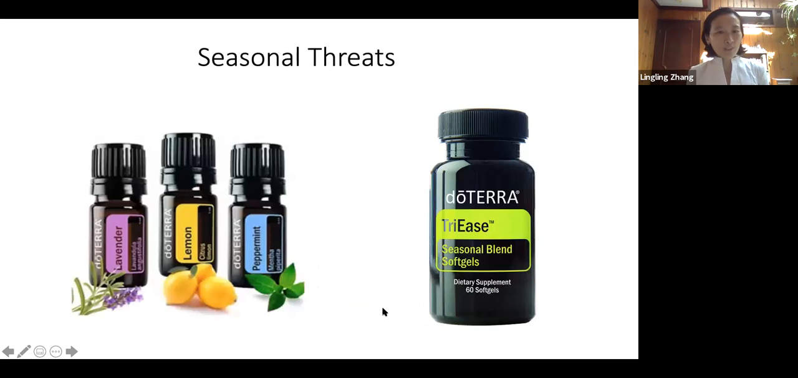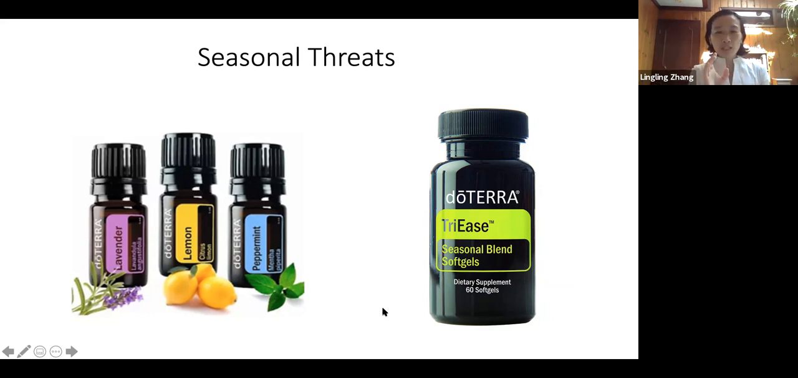And other oils: lemon, lavender, peppermint. These three are the most common essential oils, like the most famous ones. These three actually help with your respiratory system, especially with seasonal threats, like right now, seasonal allergy. So these three oils, you can use them together, you can diffuse them, you can put them into your